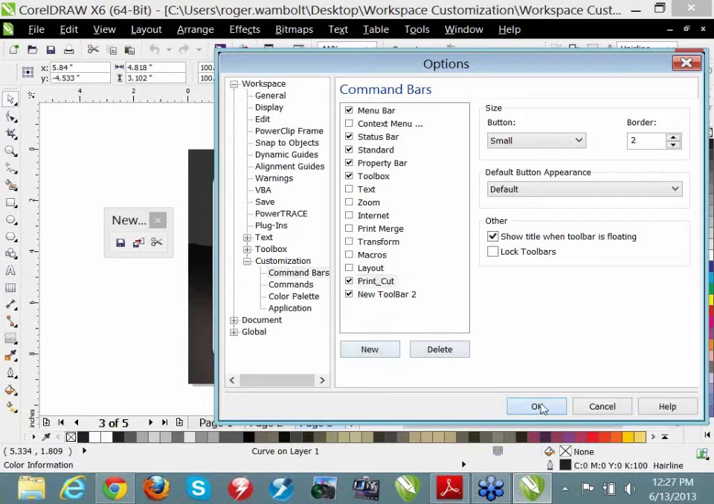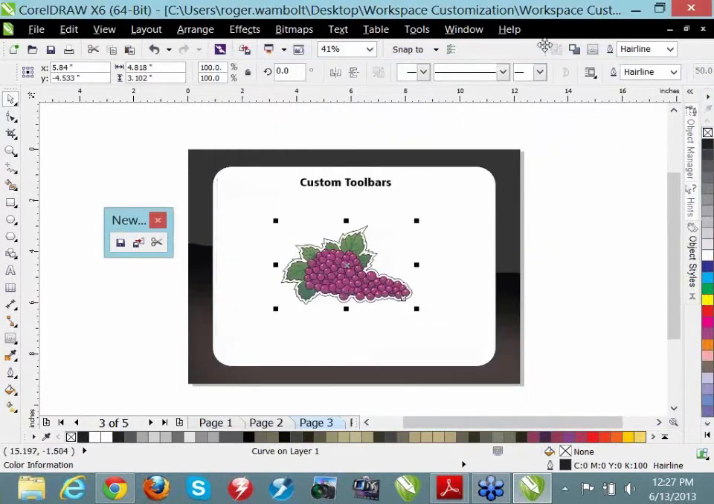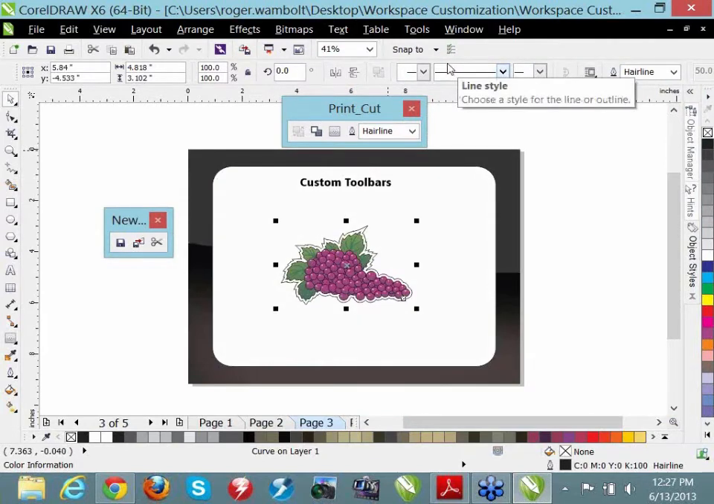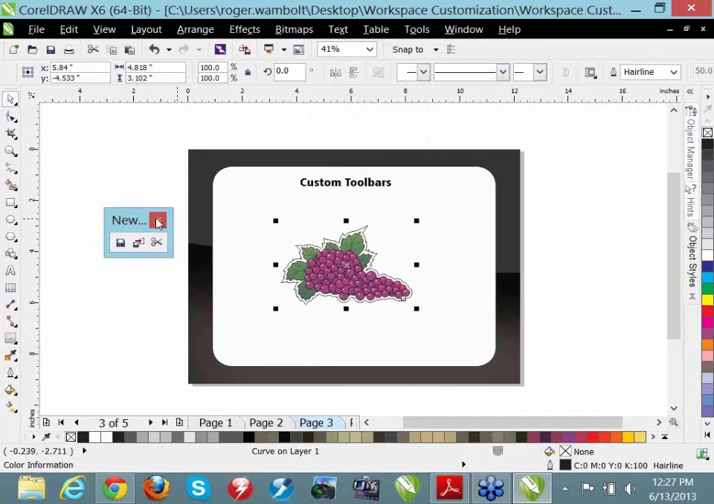I'll click OK to this. And now if I took this toolbar and undocked it, you'll see that it actually has the name Print Cut. And it looks like my toolbars are quite large, so maybe something I've changed in the Tools and the Options setting. I'm going to just close this one off. I'll close this off. I'm going to create another toolbar